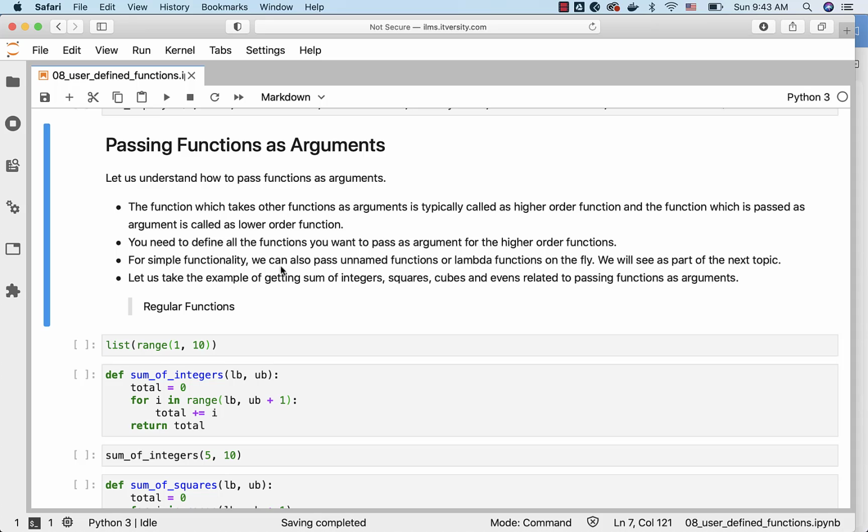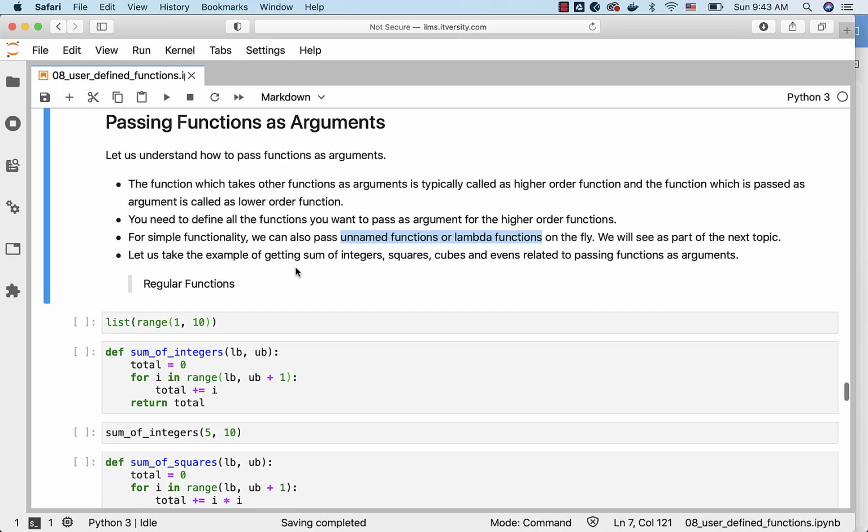For simple functionality, we can also pass unnamed functions or lambda functions on the fly. We will be seeing details related to lambda functions as part of the next topic. Let us take the example of getting the sum of integers, squares, cubes, and evens related to passing functions as arguments. However, when it comes to getting the sum of integers, we have a formula. We should ideally use that, but to demonstrate the capability of passing functions to other functions, I am just using